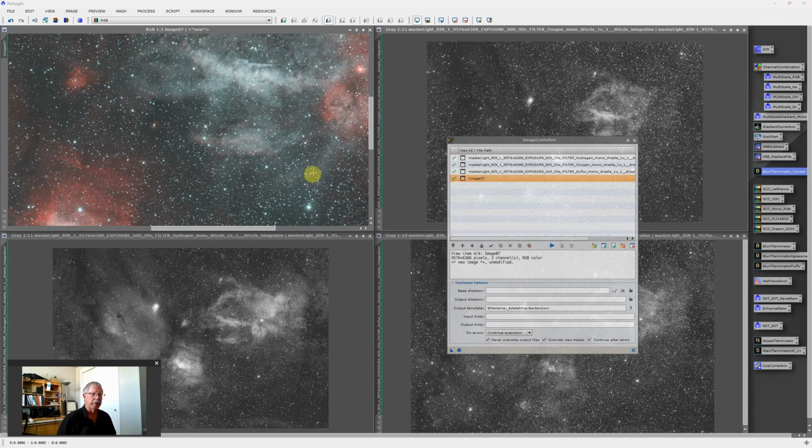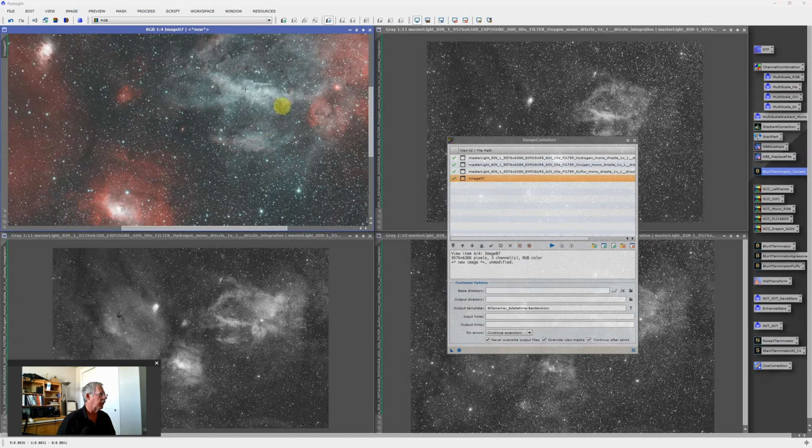So after running Blur Exterminator, my next step is going to be to run spectrophotometric color calibration, and I want to run it in narrowband filter mode. So I'm just going to grab one of my, probably I'll use this the